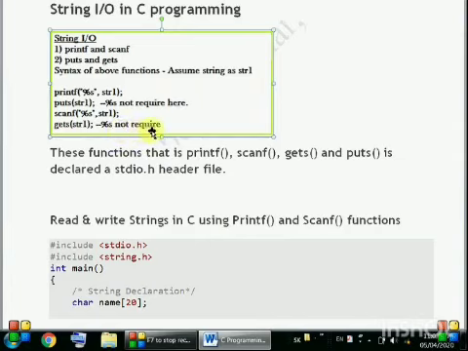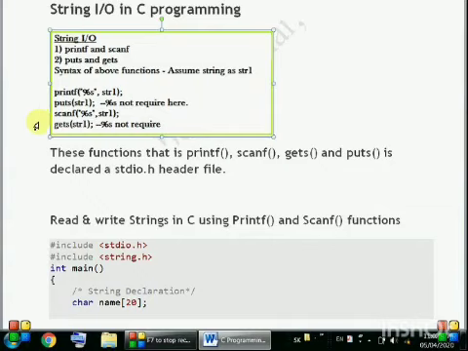The next function, gets, is used to input a string, but it has only one argument, that is the name of the string. Here %s is not required. But the basic difference between the scanf function and the gets function is that in the case of scanf, we cannot accept a string having white spaces, for example, space, tabs, etc. So we can only input a single word if we use scanf.